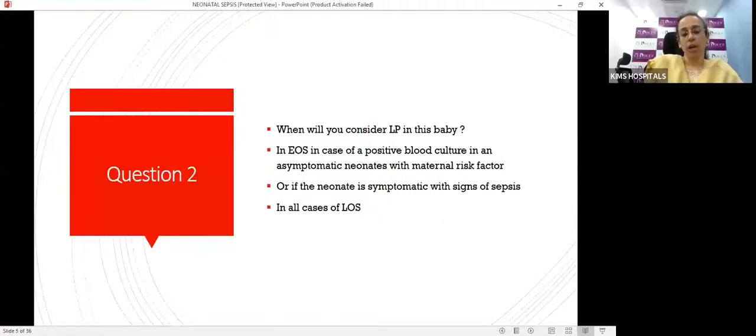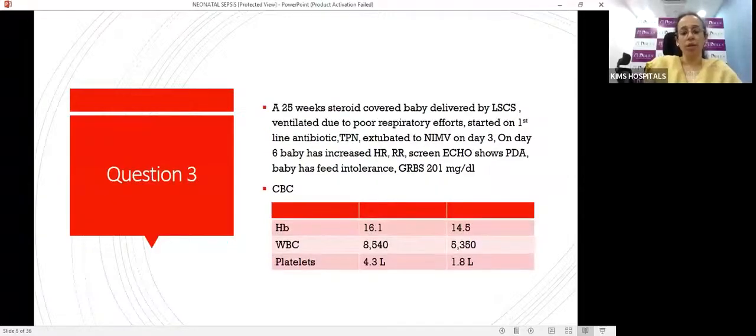Now let us move on to question 2. When will you consider doing lumbar puncture in this baby? In early onset sepsis, in case of a positive blood culture in an asymptomatic baby with maternal risk factor, or if the neonate is symptomatic with signs of sepsis, we should do lumbar puncture and CSF analysis to rule out meningitis. And in all cases of late onset sepsis, we should do the lumbar puncture to rule out meningitis. Coming to question number 3, a 25 weeks baby who was born from a